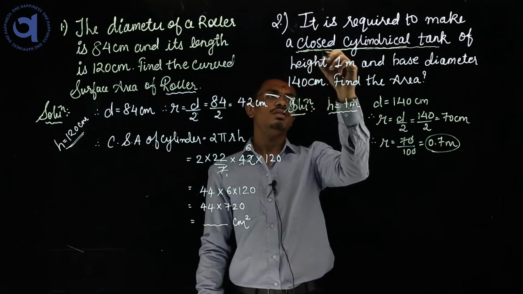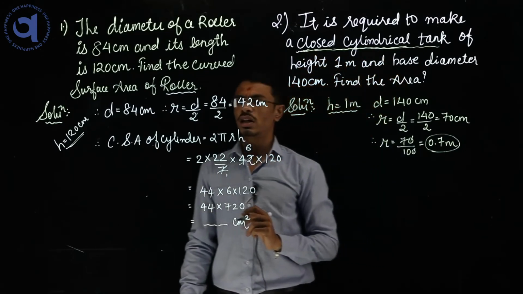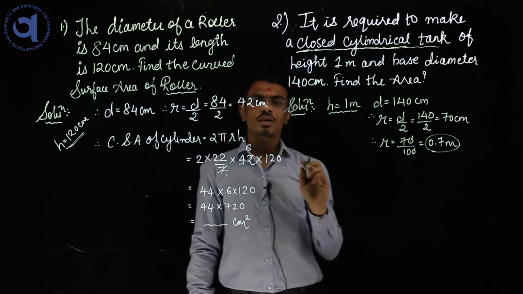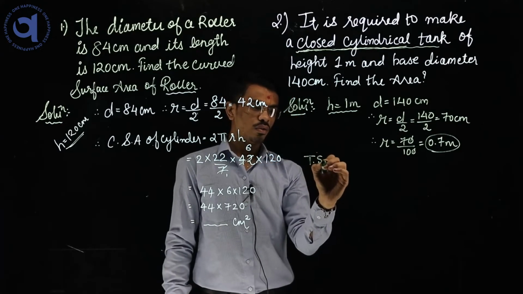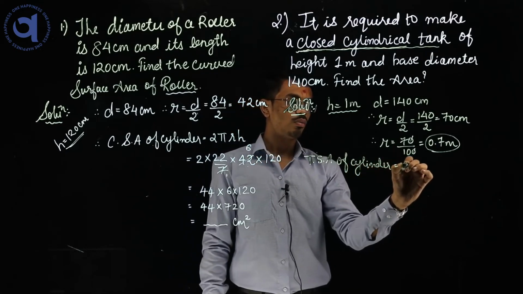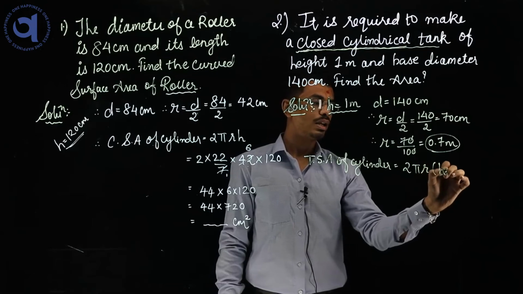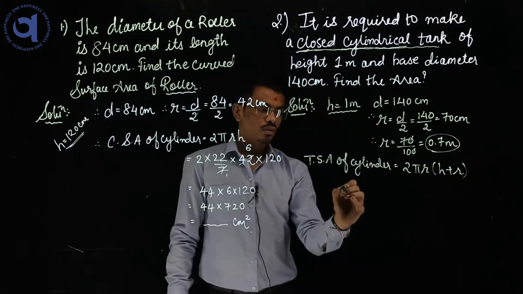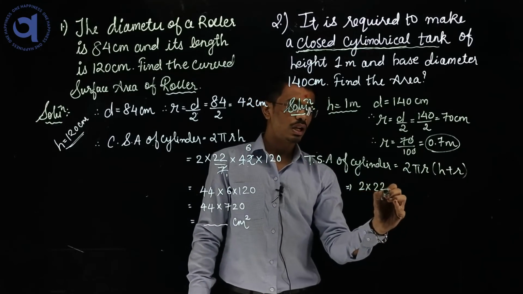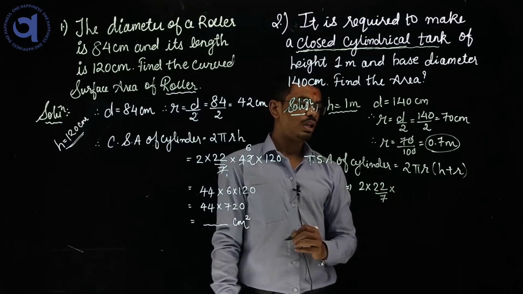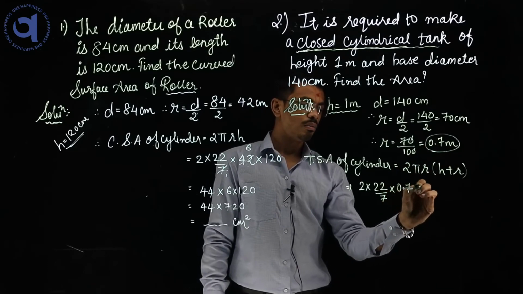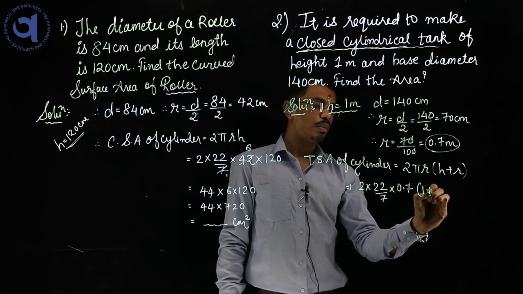Now see here in the question it is given that we have to form a closed cylindrical tank. So for a closed cylindrical tank what we have to take is the total surface area of cylinder. So total surface area of cylinder, and the formula is 2 pi r bracket h plus r. So 2 as it is, in place of pi we have to take 22 upon 7 multiplied by radius. Radius we found that is 0.7, bracket h is given as 1 plus radius is